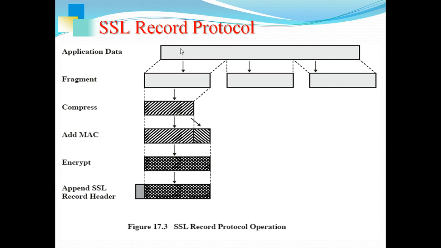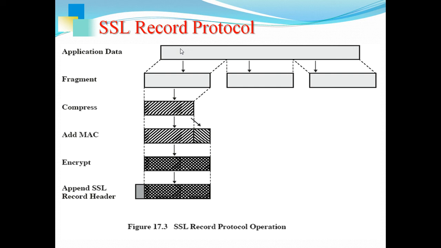You know how data is generally transferred. On the client side, the data is generated, like a request. It comes first from the application, then goes to the transport layer, then the internet layer, then the host-to-network layer, that means the physical data link layer. So application, transport, internet, then host to network, then the transfer through the physical connection. On the receiver side, the data transfer is in reverse.